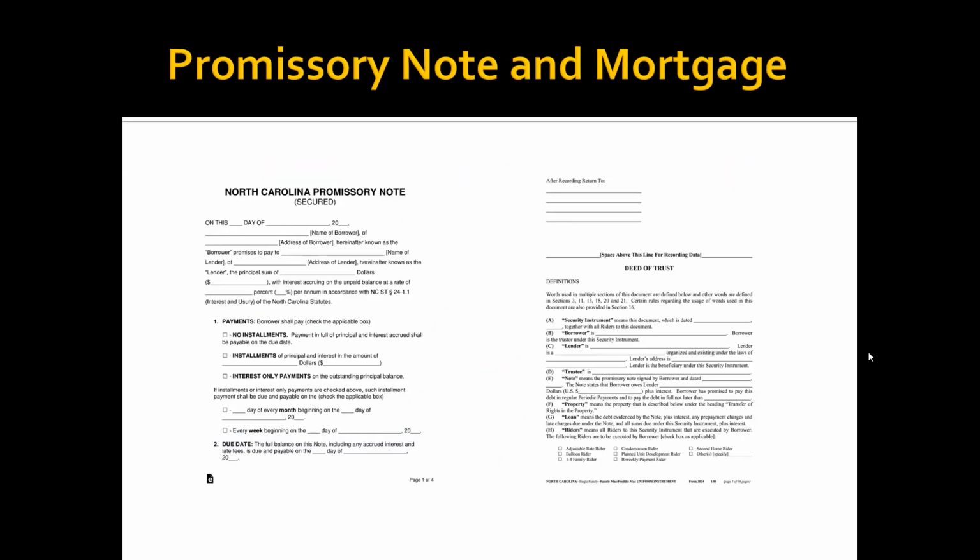But here's an example of a North Carolina promissory note, which you would sign when you bought a house. Okay, so I'm borrowing this much money. Here are my payments, and over here is a deed of trust. Now that would be filed downtown at the Register of Deeds, and that would let everybody know that this money was owed on the house. So it puts people on notice, and when I'm an attorney and I'm doing a closing, it lets me know that money is owed. So you have to pay off this first mortgage, or second mortgage, or third mortgage, whatever it is.